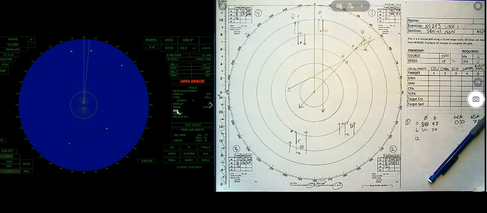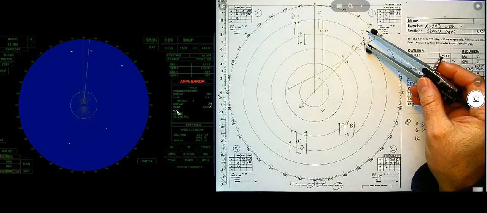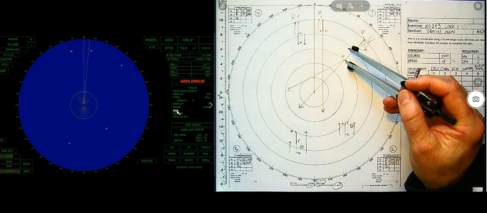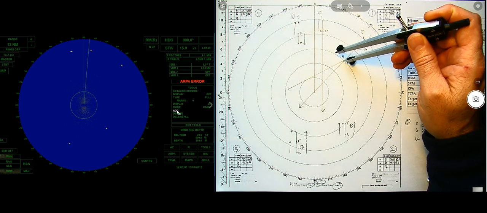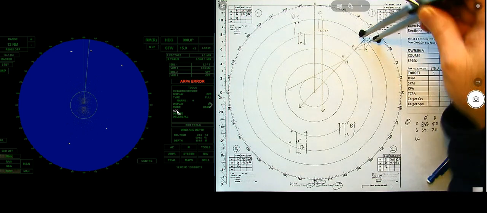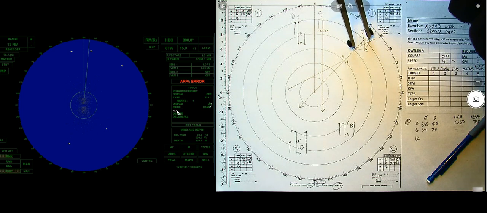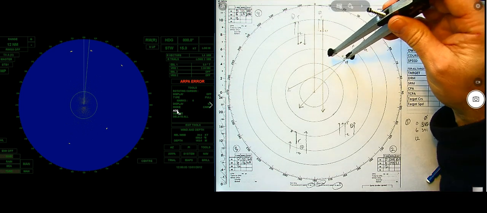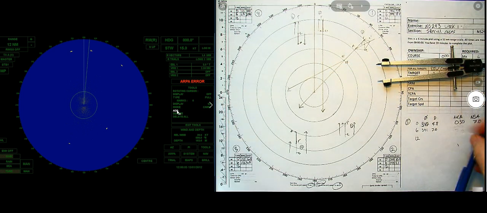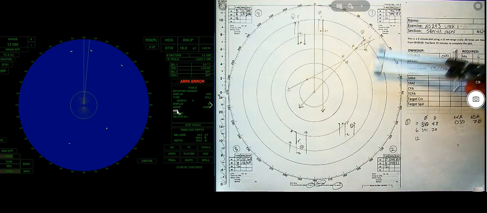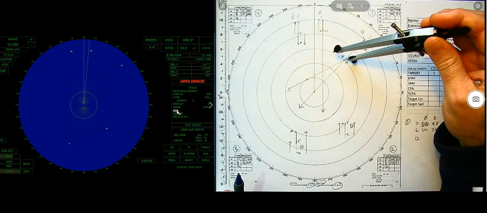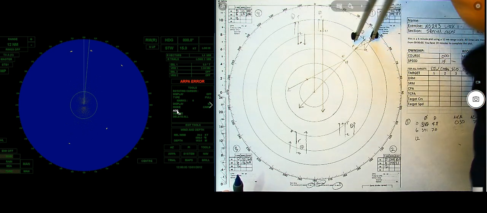Okay, all right, now. So from the original start, it would take about 14 minutes to get to the MX. But now, if I'm going to change my course, this is going to be my new relative motion line. So I'm going to grab this distance, and now I'm going to walk. So where's my CPA? My CPA is actually about right here, okay? So that was 14 minutes to there, and I have a new